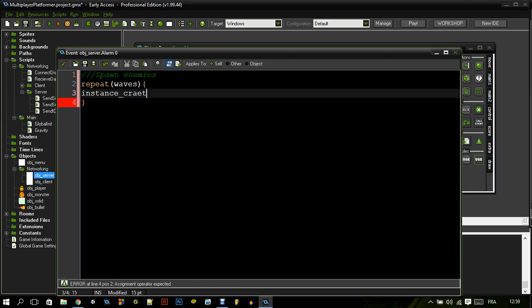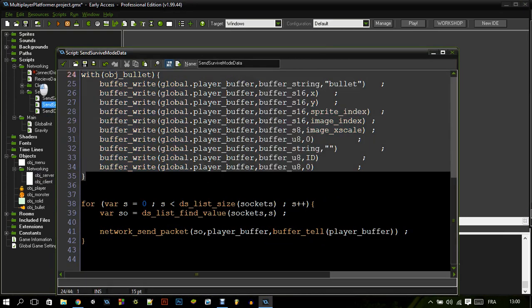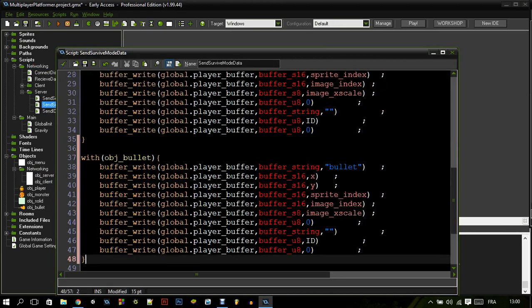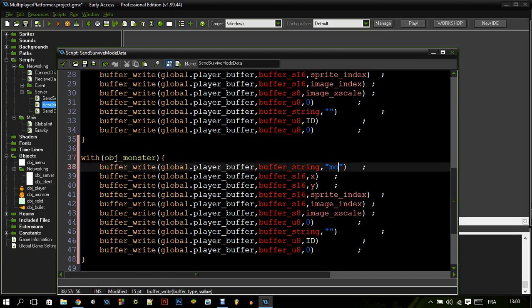So instance create, let's say random room width, 64 as the height, and obj monster. Okay, so this is just for basic testing. Now we need to actually make sure to send this to the client. Let's replace this by obj monster. So tag 2, and yep,